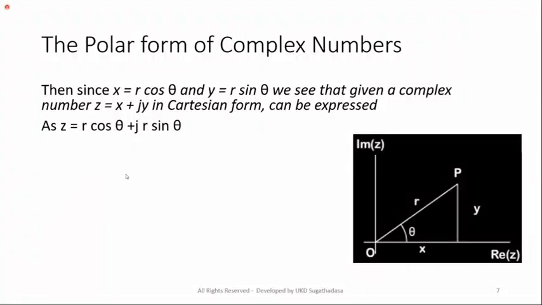x equal r cos theta. Now what is cos theta? Of course, x by r. Cos theta equal x by r. Therefore, cross multiplication, x equal r cos theta, y equal r sin theta. Then